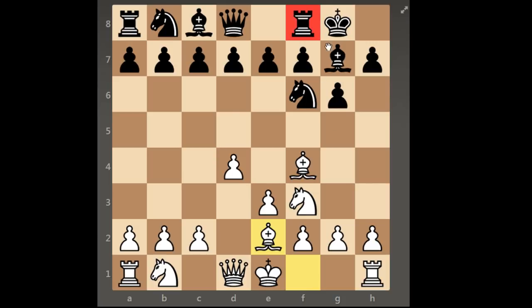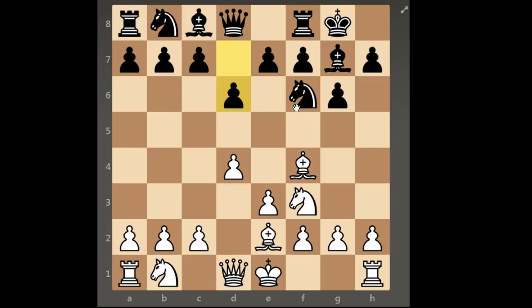Black has a very safe king here, fianchetto bishop, a powerful pawn structure, and that's why the bishop isn't good on d3 here, because of these pawns. Harder to break through. So it makes more sense to have the bishop on e2 to support this knight. Continuing,